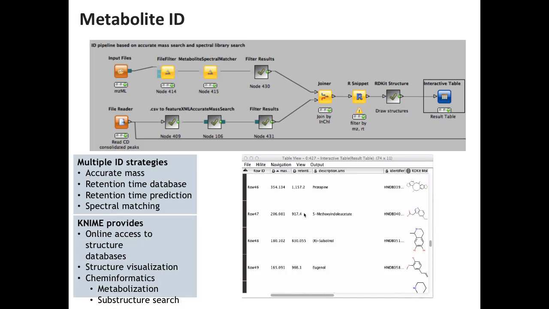So yes, you can basically cull your list of 50 structures down to 40 through retention time, but it's not going to bring you from 50 to one structure, because the error bounds in the prediction, even when you work really hard, are going to be in the range of about 3 to 10% of the overall gradient time. And that is too wide a window to really see much of a difference.